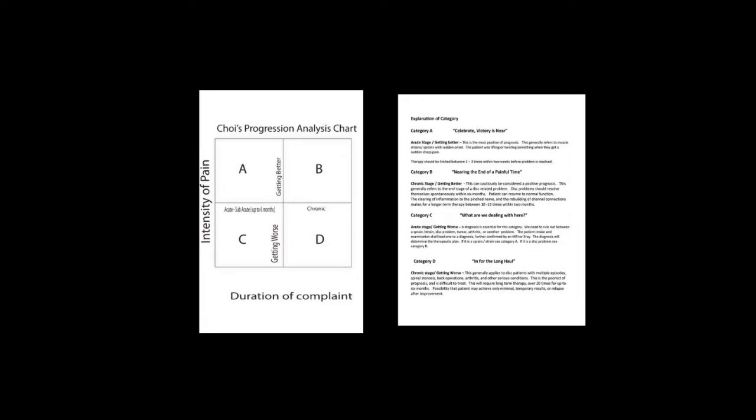So that puts us in category A, and category A is the most favorable prognosis. This is the acute stage. It's under 6 months, and the pain is already getting better by the time the patient has come to you. So this is the most positive prognosis. This generally refers to muscle strains and sprains with sudden onset. The patient was lifting or twisting something when they got a sudden or sharp pain. The prognosis should be met between 1 to 3 times within 2 weeks